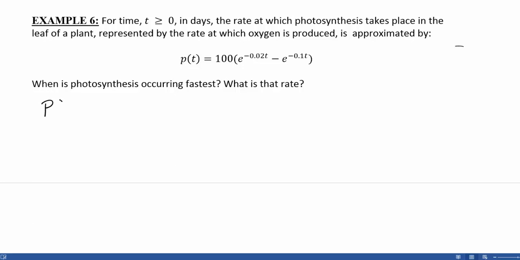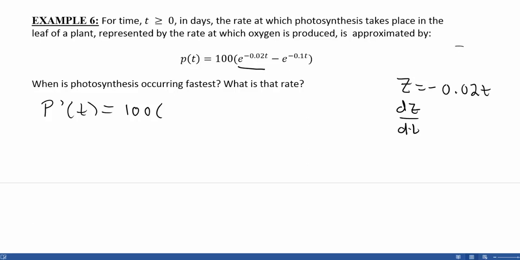So here, my first derivative of this function, I'm going to have a 100 on the outside from my constant multiple rule. Now here, I'm going to have to do a chain rule where my z is negative 0.02t, so my dz dt is negative 0.02. So the derivative here is negative 0.02 e to the negative 0.02t minus, and then again, I have to do another chain rule for my second term